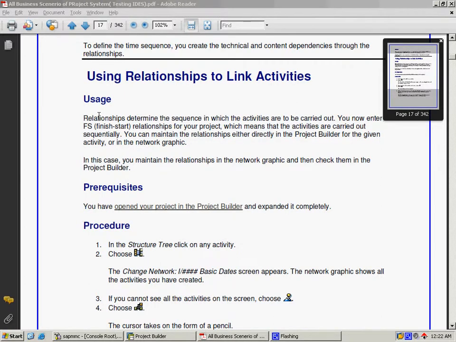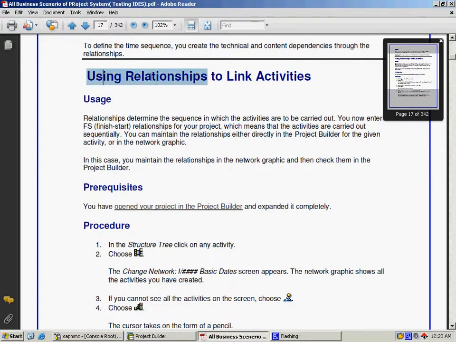Hi everyone. I'm just continuing the class on implementing the IT project. In the earlier class we created four different WBS elements and the respective activities named 10, 20, 30, 40 up to 70 in the respective WBS elements, and we are linking those activities in a proper way in this lesson.